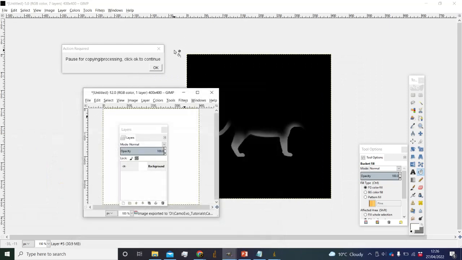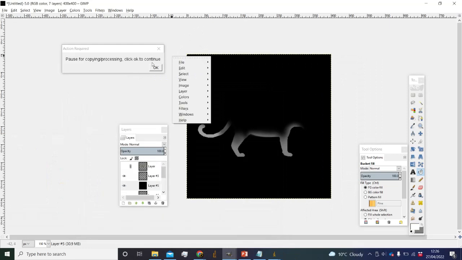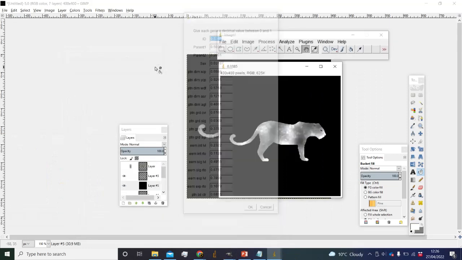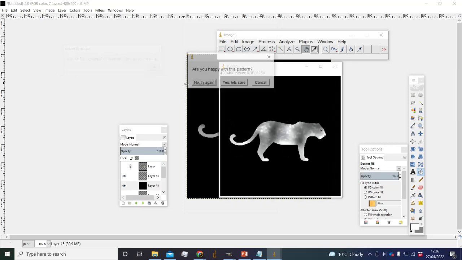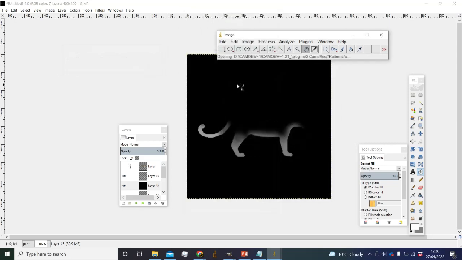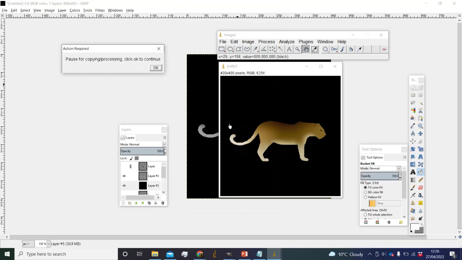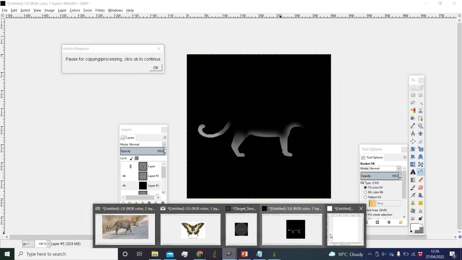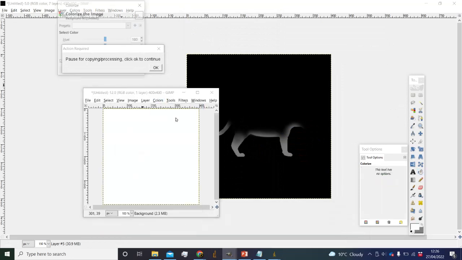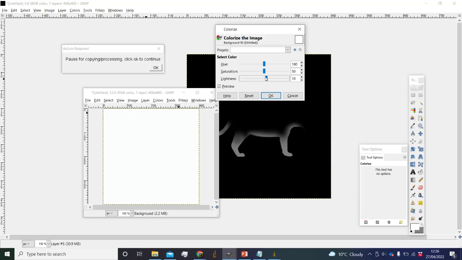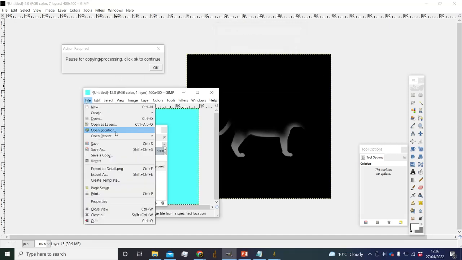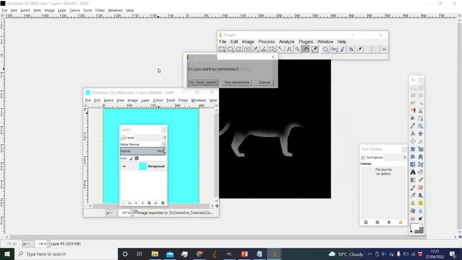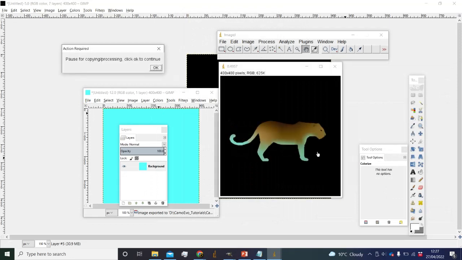ImageJ does not have an alpha component to .png files, otherwise I would do this directly in ImageJ. Now if I remake this, I'm going to make a new one. You can see we now get this lovely white effect. If you wanted, you could make this a different color, just to showcase how this works. So I'm going to make it bright blue. Just going to save that. As you can see, that's now blue,